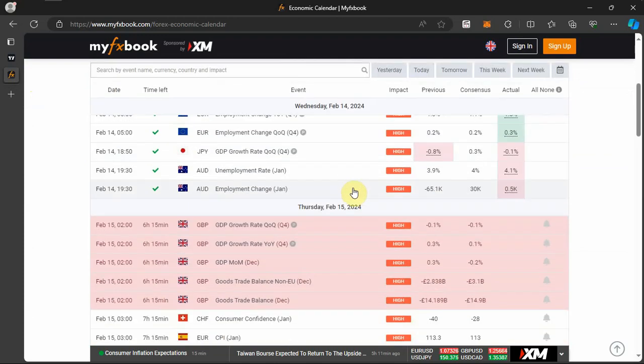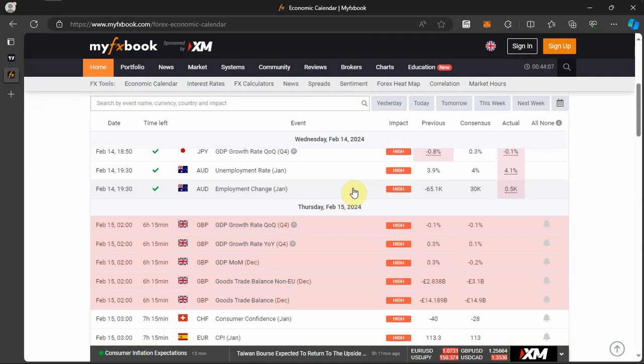So on Thursday, Wednesday we've already had AUD unemployment rates coming in as 4.1, that is higher than expected, and employment change 0.55k. All right, so on Thursday, February 15, 2024, we have GDP growth rates quarter over quarter,